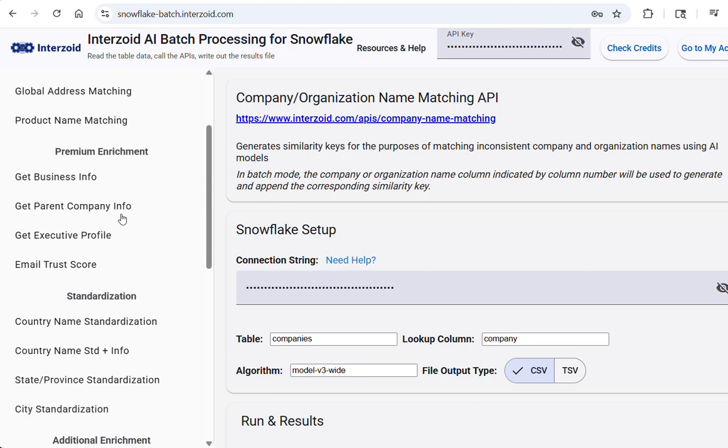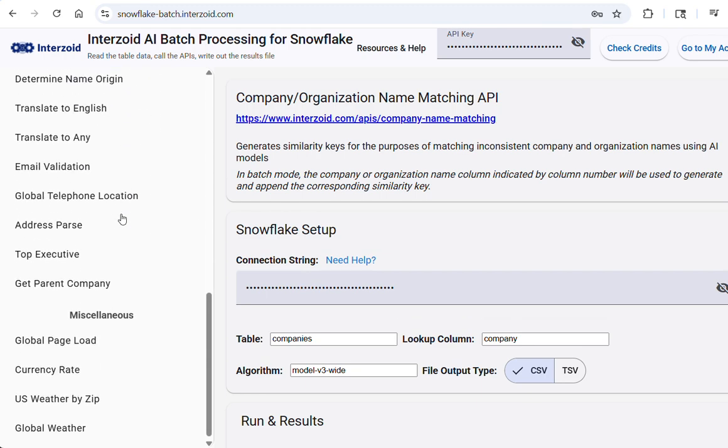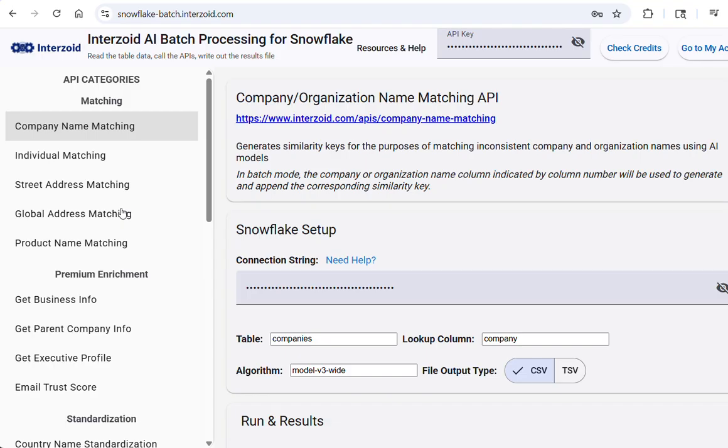And of course, any one of these APIs could be used in exactly the same way. If you have any questions or want more information, you can go to interzoid.com, and you can go there to get an API key so you can try it yourself. And we'd love to hear from you. So if you have any questions, you can also contact us at